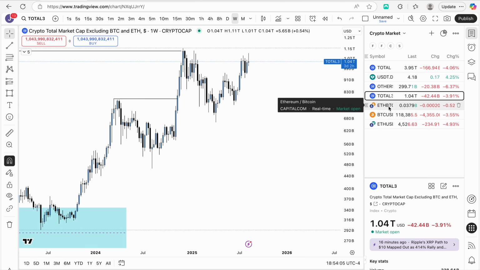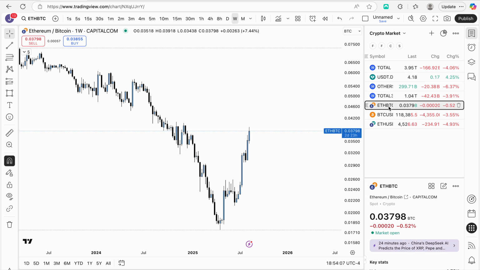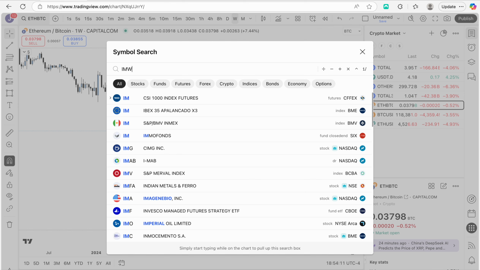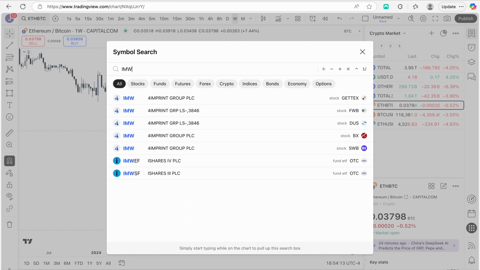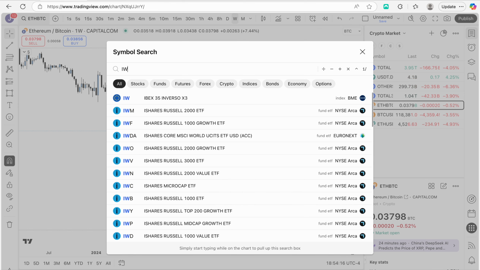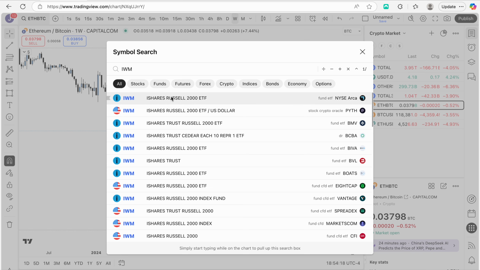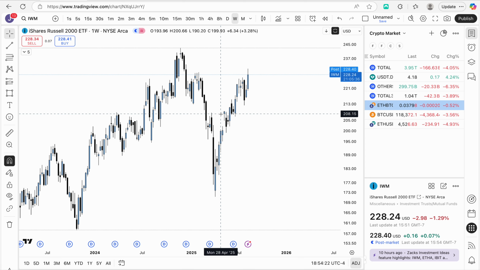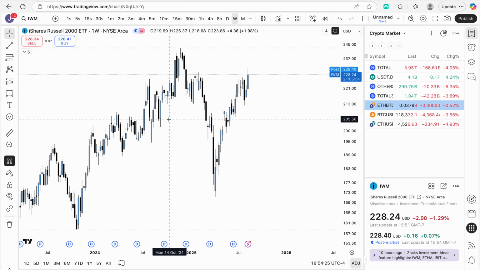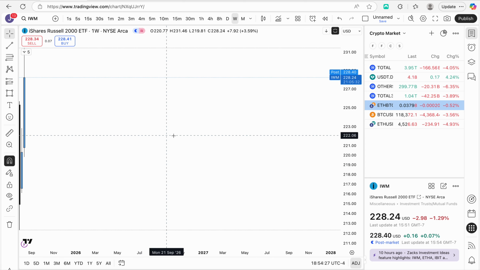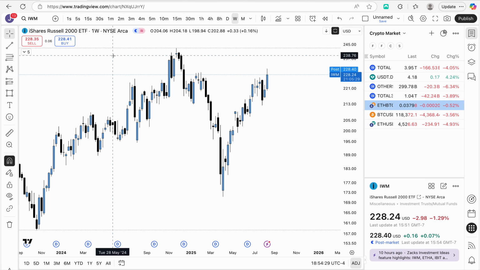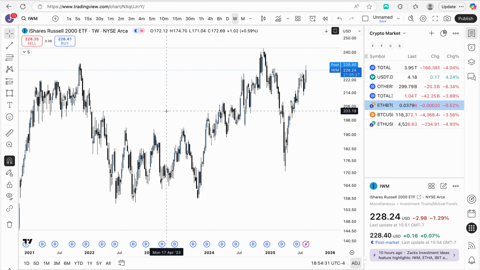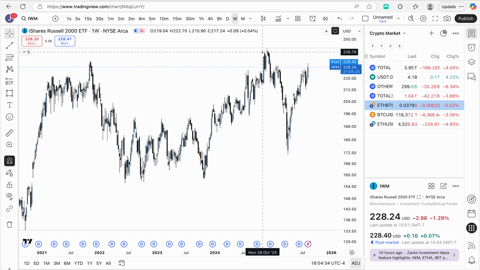The one thing too that really, there's a bunch of factors. Number one factor of why I think this bull market will continue is, I know this is stocks and it's not quite the same thing, but IWM, the Russell 2000, is an ETF of the small cap stocks, not mid caps, sorry. So it's almost like the altcoin market of the stock market. And we have never in the history of this market gotten to a bear market when this market is not